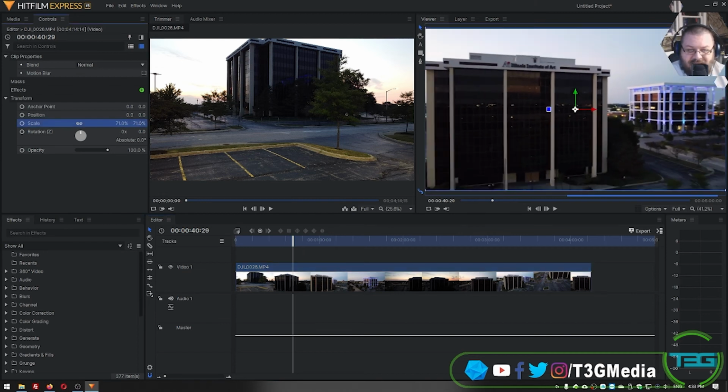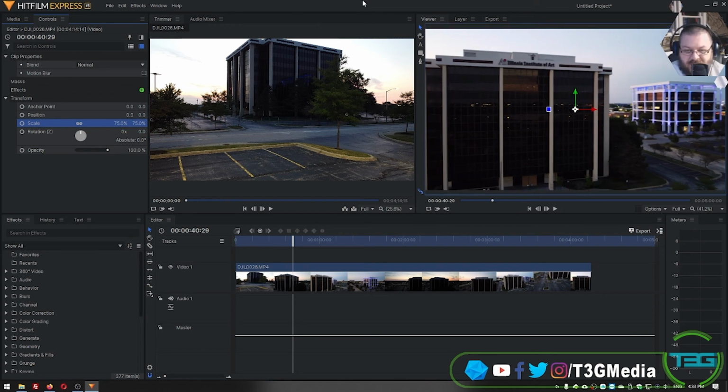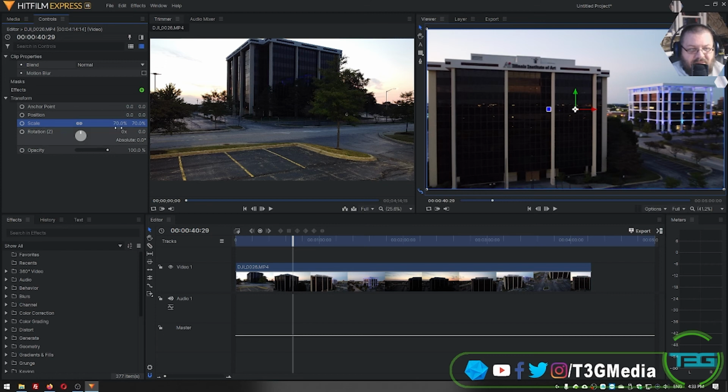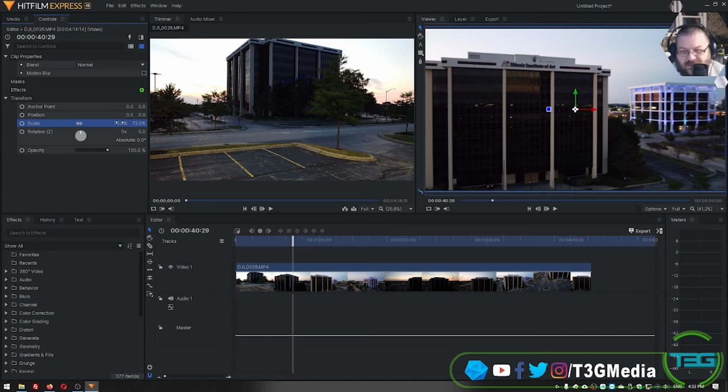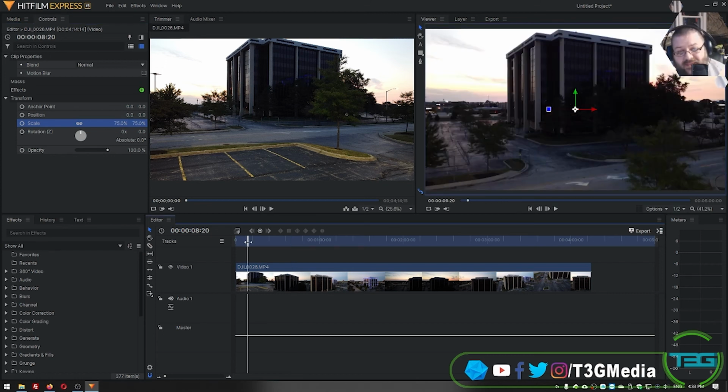Crazy, right? So I gotta zoom out here. 75%, I think it's gonna be. Is it 70? No, it's like 72. That's silly. So right there, the interface is just not what I'm used to, and therefore it's more difficult. But I imagine if you were to use this on a daily basis, it'd be much easier for you to